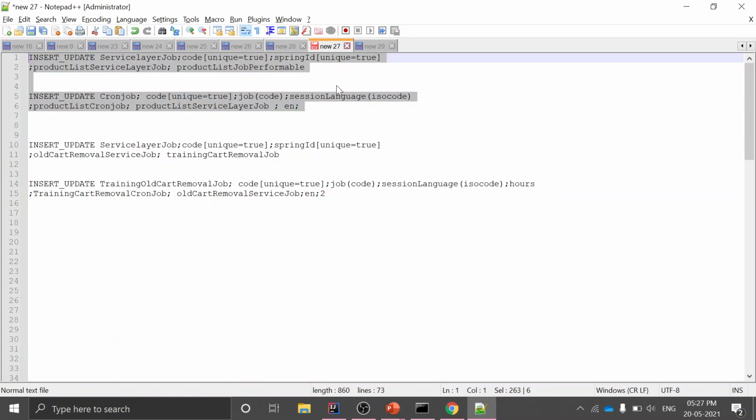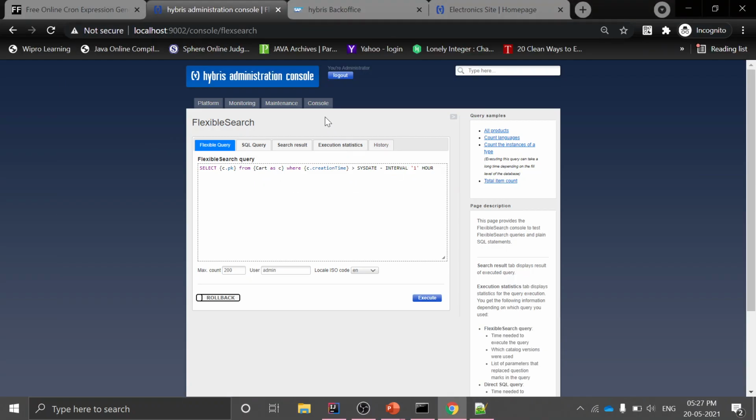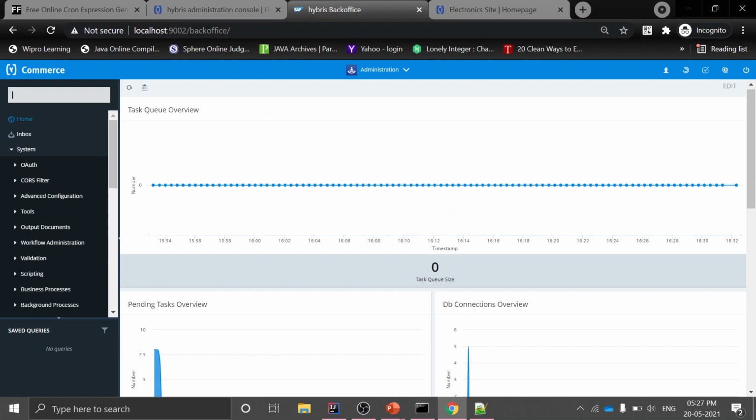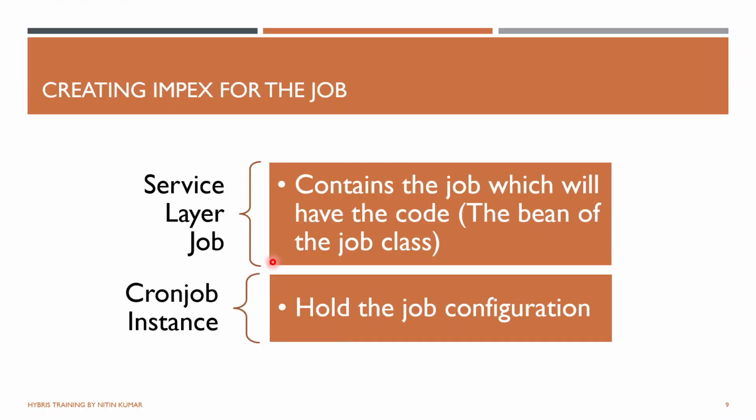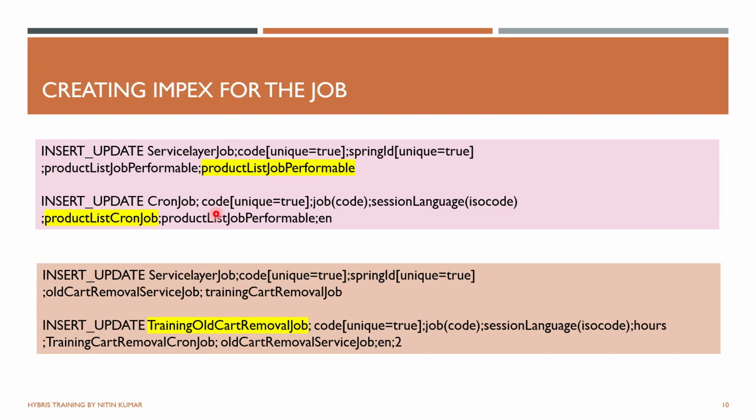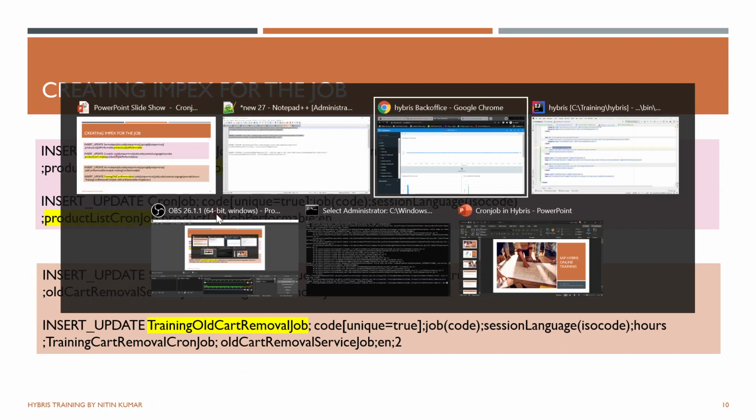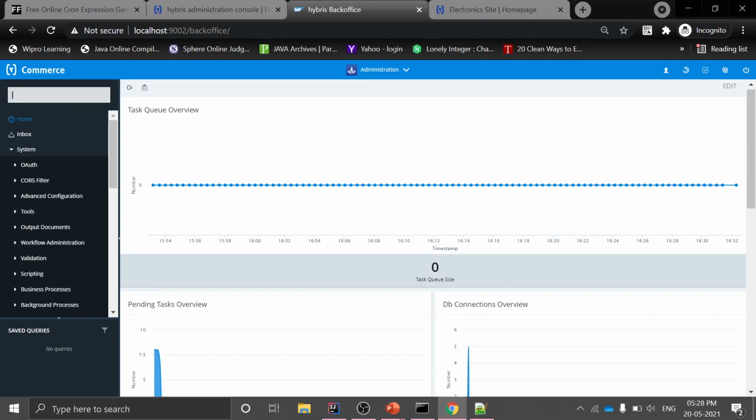I need to run this impex, so I can run it in one go. I will copy it, go to the HAC and run it. Once you run this impex, you need to search for your cron job which has been created in your backoffice.